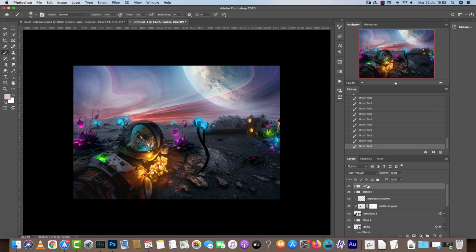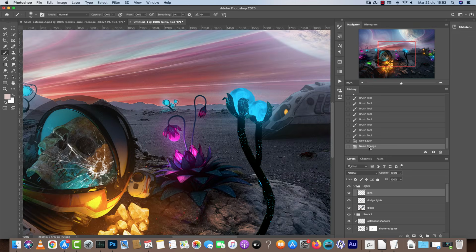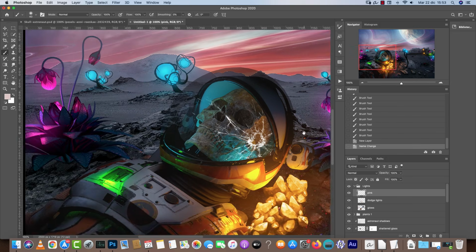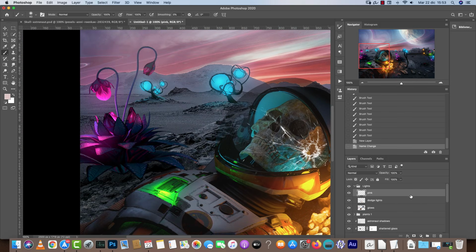Let's go back to the lights group and here create a new layer. And actually here we have to create several layers, one for each of the colors. So we have pink, blue, and green. Pink, blue, green, and yeah, and some yellow here. So let's create this for the pink. Let's name this pink. Actually, you will see that we will create a layer style which we will duplicate and just change colors. So on the pink layer,